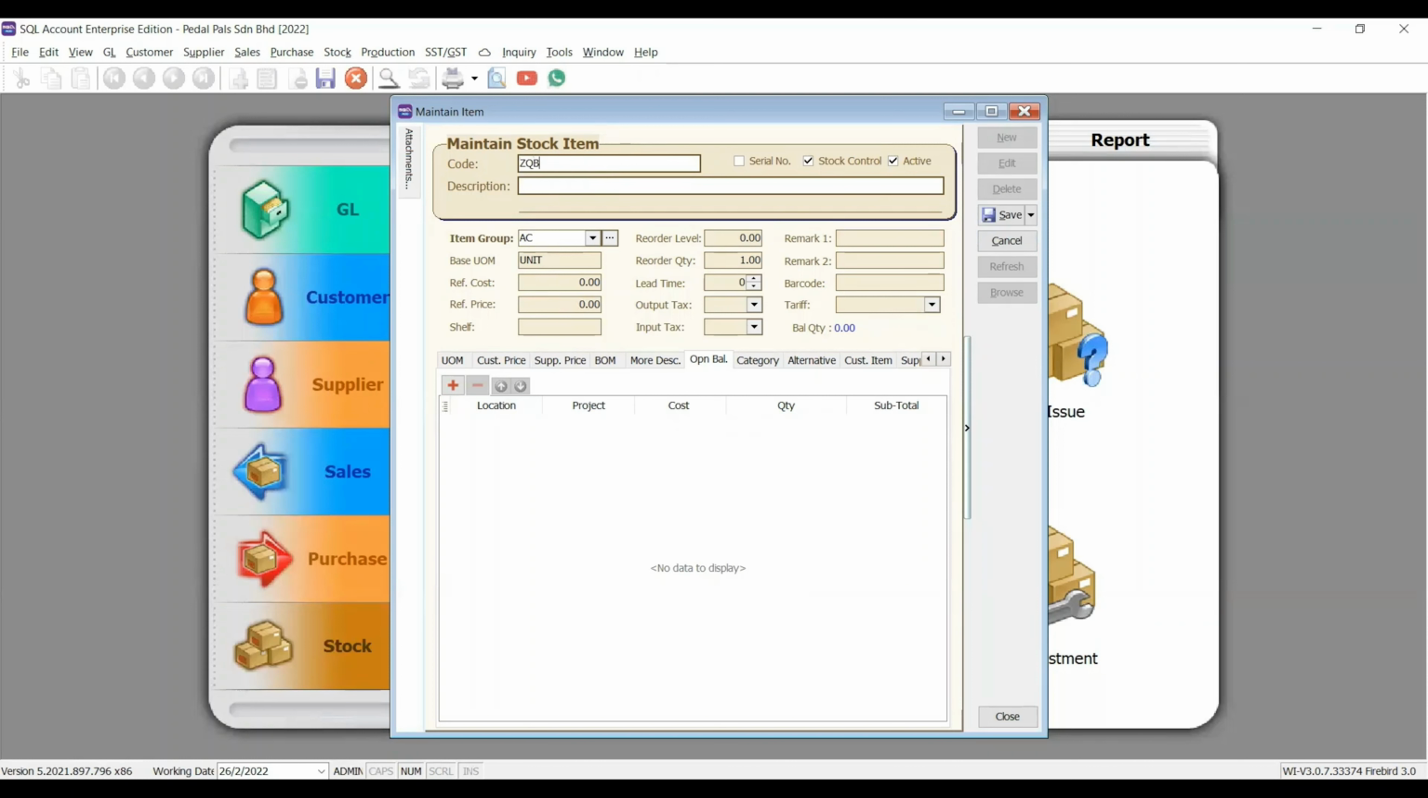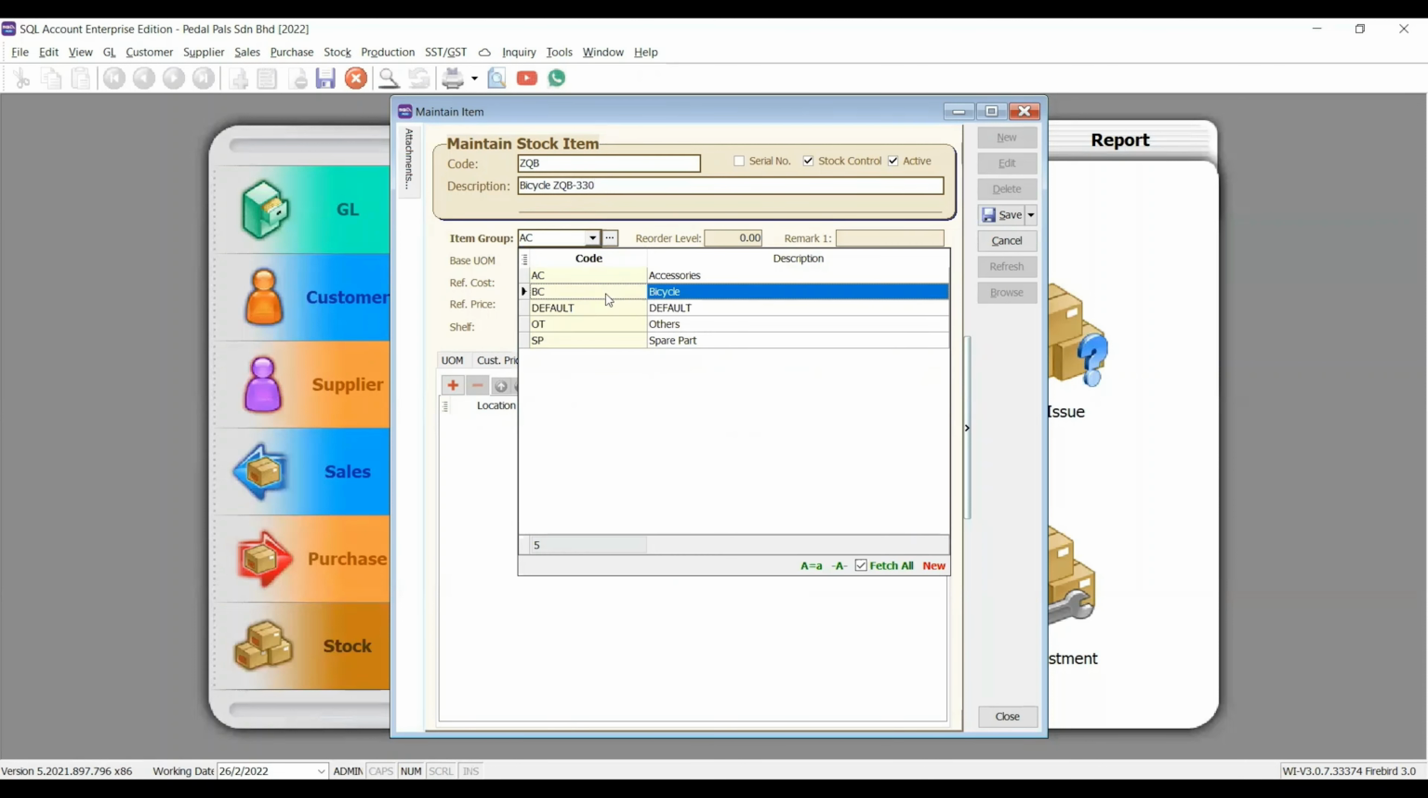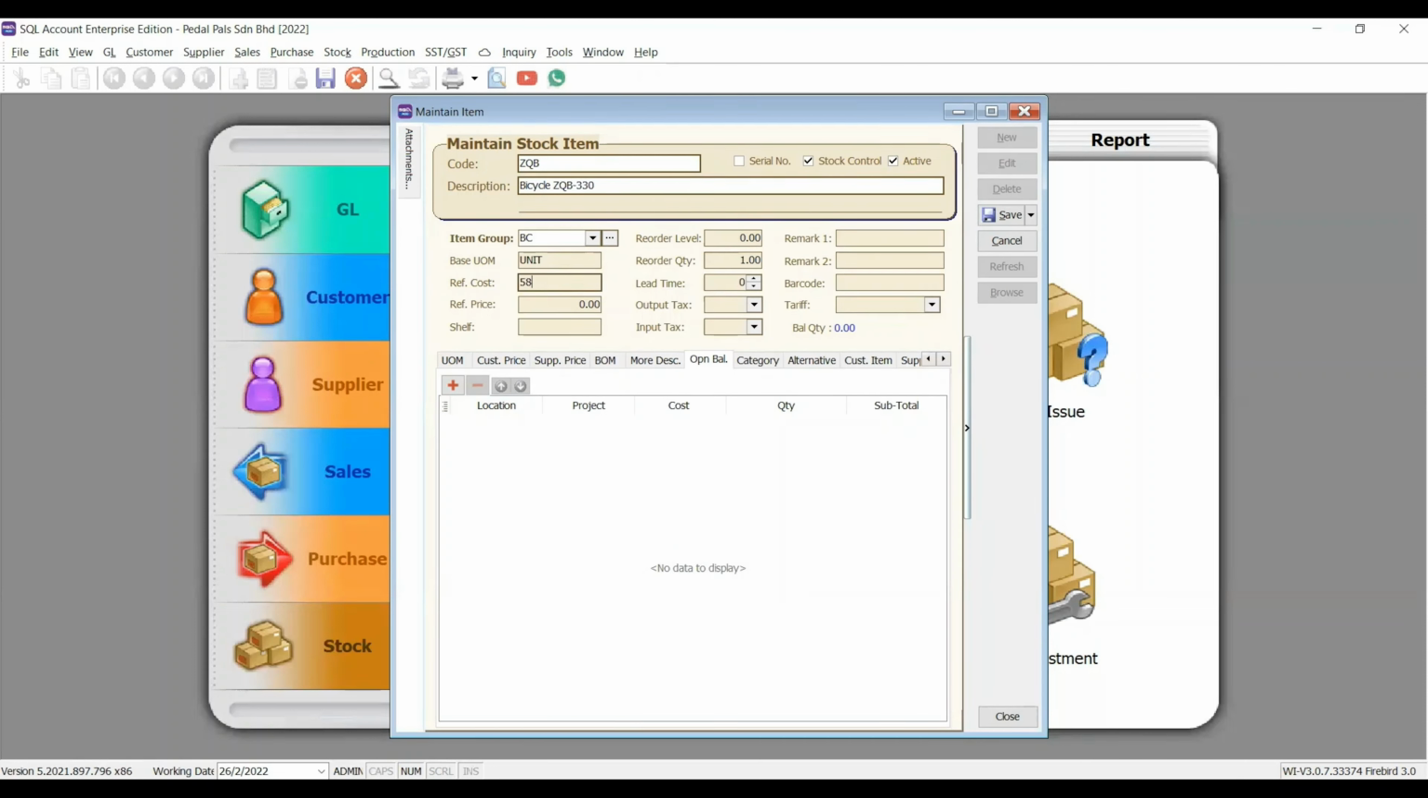Our second code is ZQB and the description is bicycle ZUB 330 and our item group is BC and the base UOM is unit and our reference cost is 580 and the reference price is 1200, and our opening balance quantity is 200, and our opening balance reference cost is 580, and click save and create a new stock item, and our code is BL and the description is brake lever,